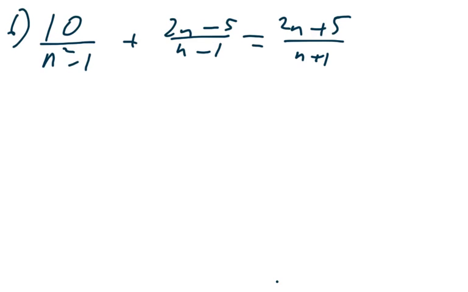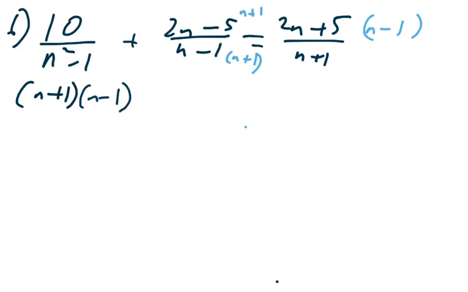Alright, for problem number 6, we have one where we have to factor. This first one factors out to be n plus 1, n minus 1, which means this term is missing an n plus 1, and this term is missing an n minus 1. So once we get to that point, we're going to have 10 plus, and then when I multiply this together,